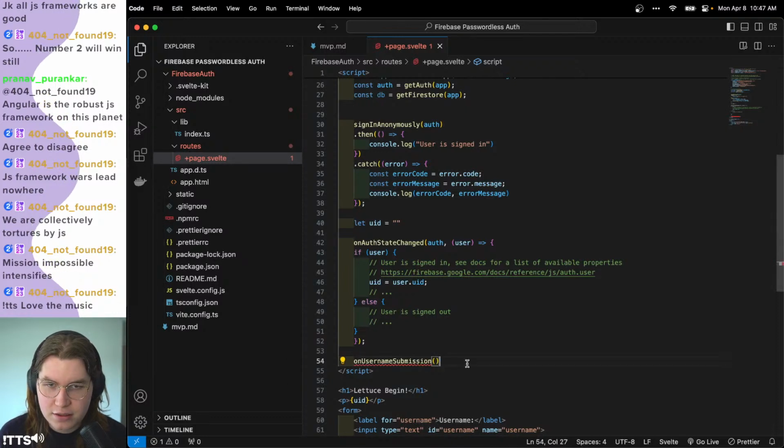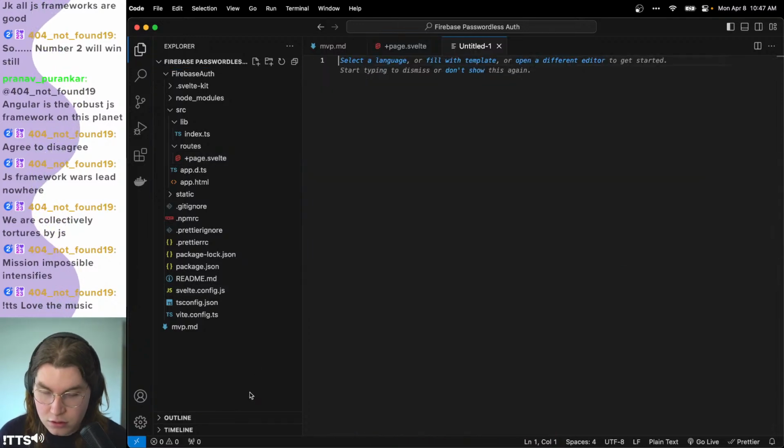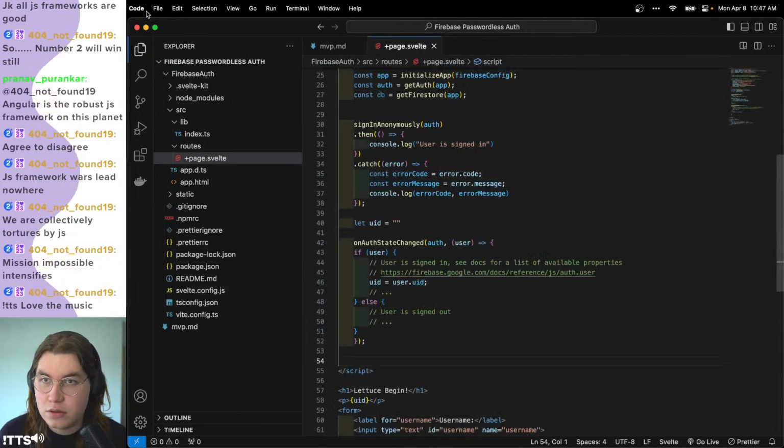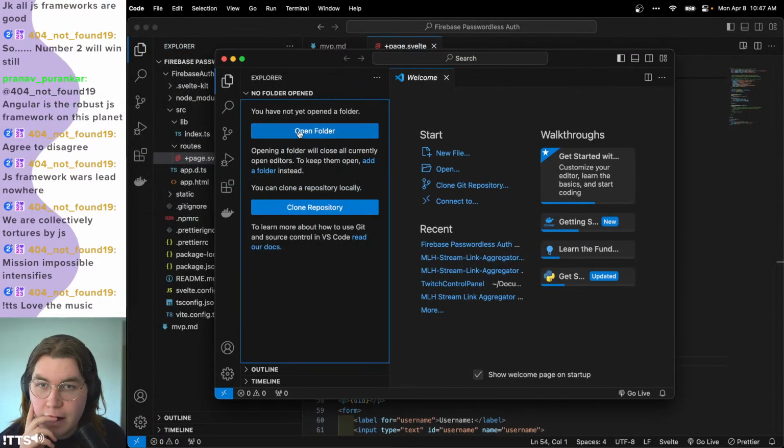Wait, what? We're creating a new Visual Studio Code window. No, I want a new window. And we are going to